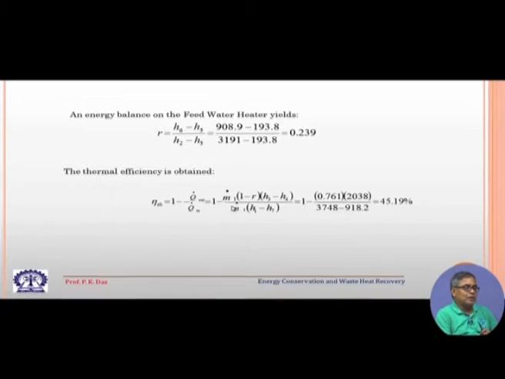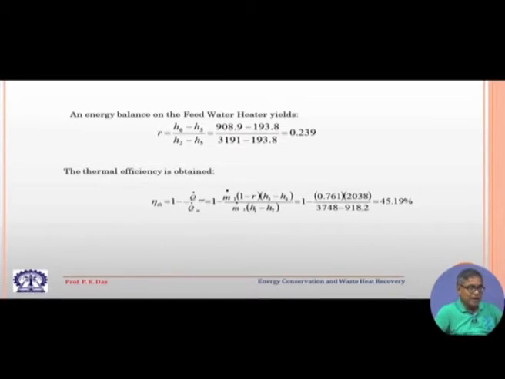This is your Q dot out, the heat transfer in the condenser, and this is the heat transfer in the boiler, so this is your Q dot in. This is also one way of calculating the efficiency, and we will have 45.19% of efficiency. So, there is a definite increase in efficiency if we go for feed water